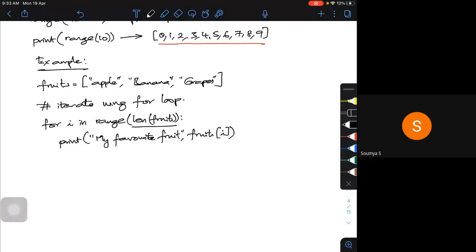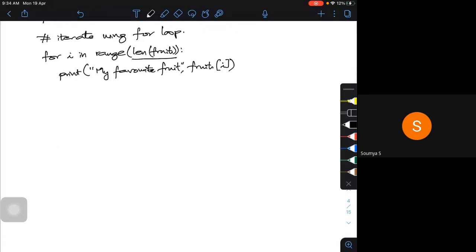Now, is it possible for us to use this for loop with an else condition? A for loop can be used with an else condition also. So we call that a for loop with else condition. A for loop can have an else as an optional part. Usually we use else with if.